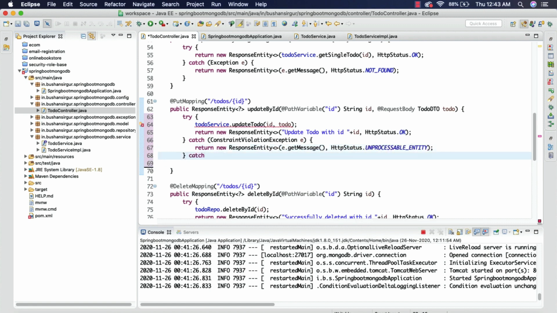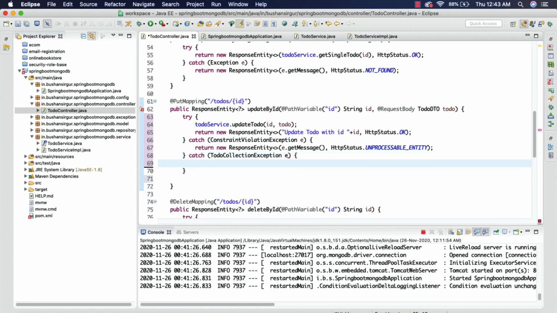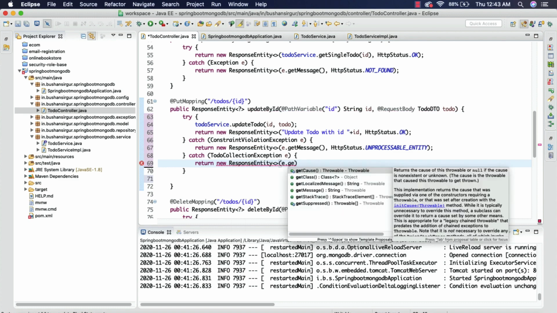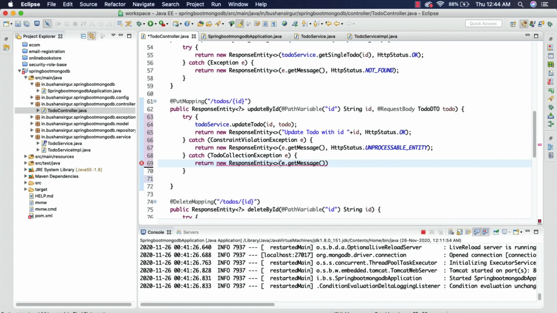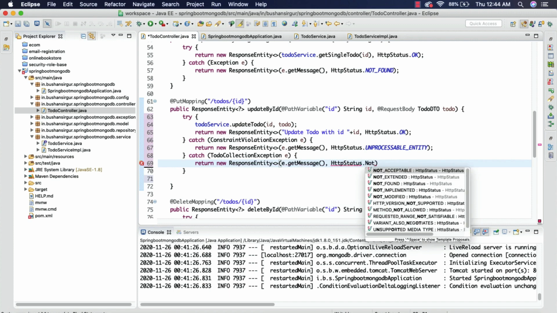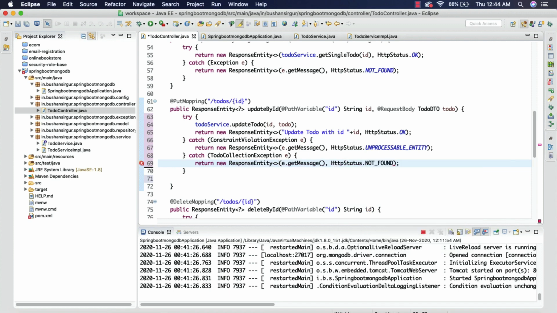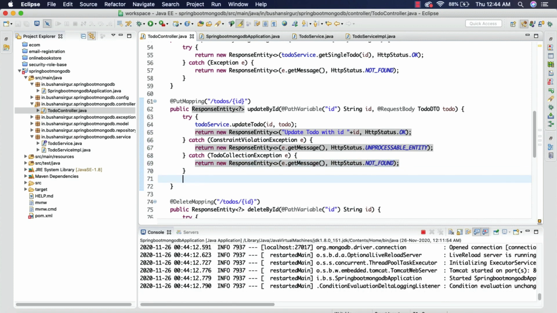And we're going to catch one more exception, which is ToDoCollectionException, and return a new response entity. We're going to call the getMessage method and HttpStatus.NOT_FOUND. So let's save this. Now we have refactored the put mapping request mapping as well.